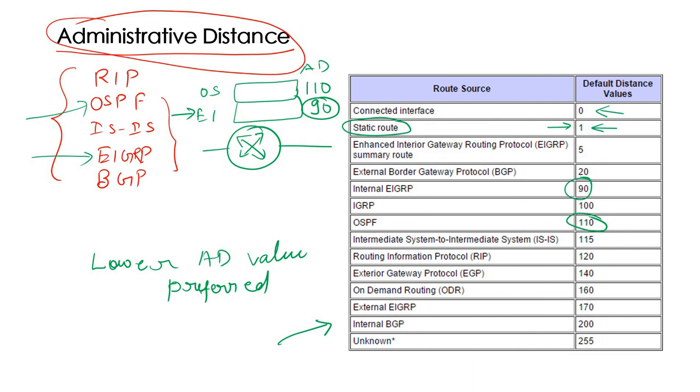Any information collected via all the routing protocols, and you have manually given any route information, what you have given manually will be preferred, because that has an AD value of 1. So these are the values. You can have a look, not a problem. You can pause the video and have a look.